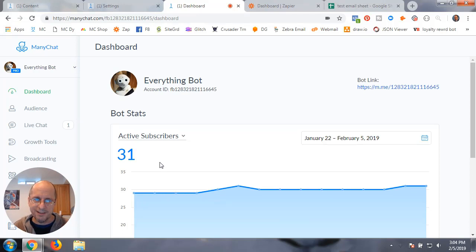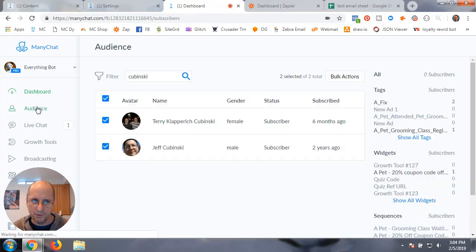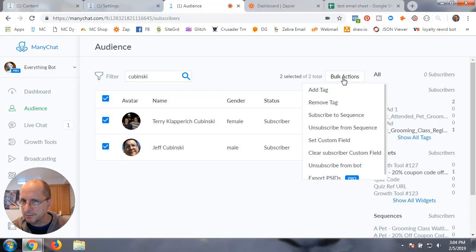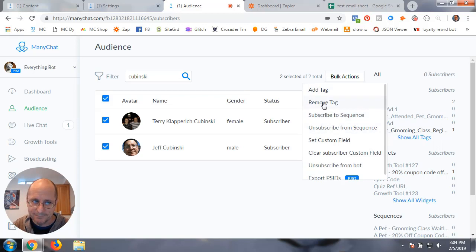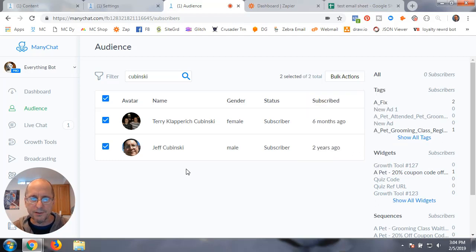So granted, yes, if we go into audience, we can use filtering to filter them down to a tag, and we can do a bulk action to do whatever, but it's one thing at a time. So let's just say they got tagged incorrectly and you needed to put another tag, plus you need to update a custom user field. Or let's just say that you had a Zap that wasn't working, you didn't realize it,